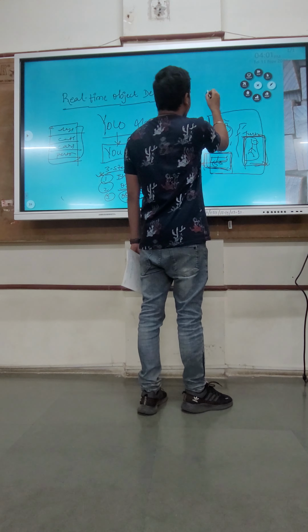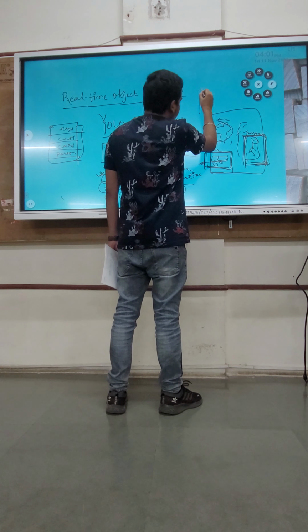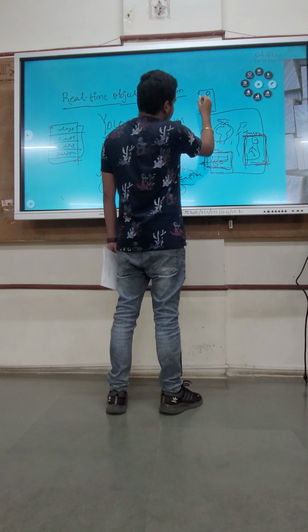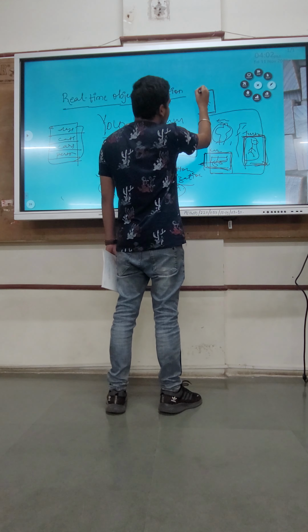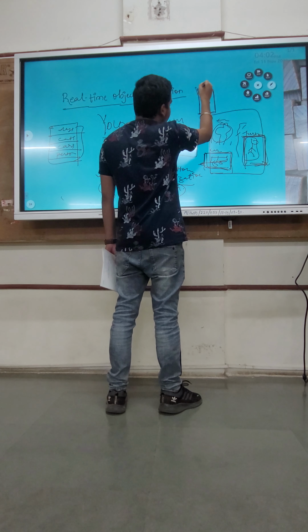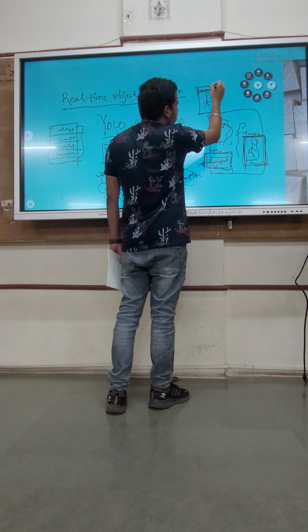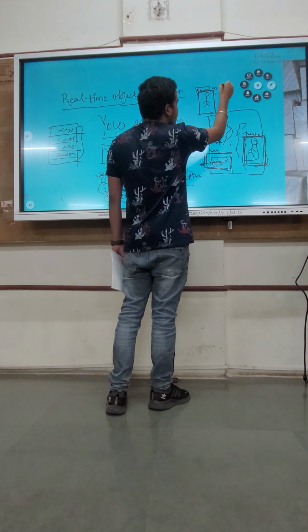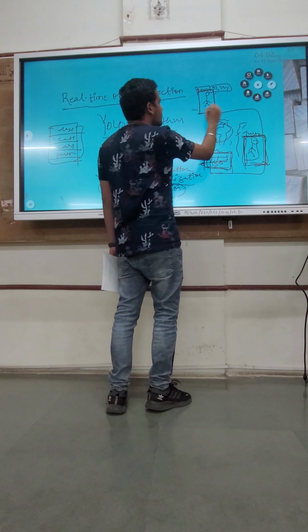If there is a person detected here, it will form a box outside the person in which the image will be captured. Then this box will show the name of the object, that this is a person. It will be labeled here that it is a person, along with the accuracy. How sure is it that it is a person? Just like 93% or 99%, it varies according to how clear the image is.